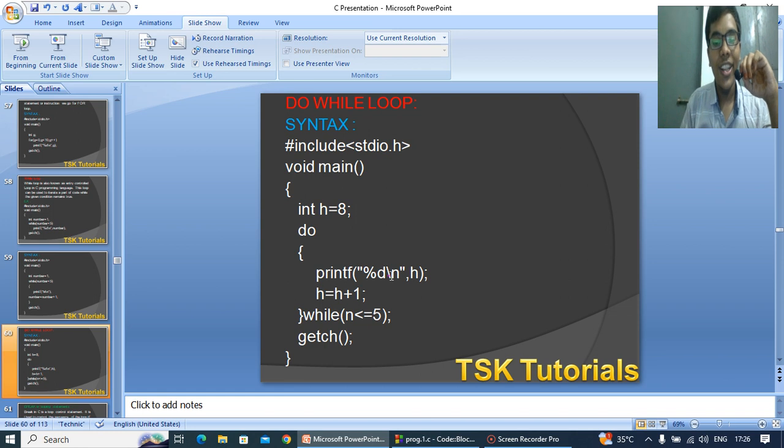Make sure that you do not change this \n, because it represents that we have to go for a new line, and the identifier is h. In the identifier h I have stored the integer 8, and I have to print %d. Means the integers I have to print on my output screen are given by %d, and it has to access them from h, and h increases by h equal to h plus 1, that is also given,